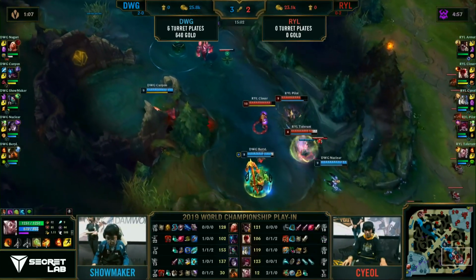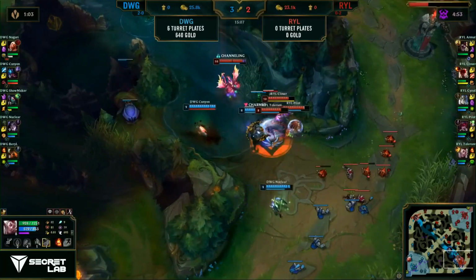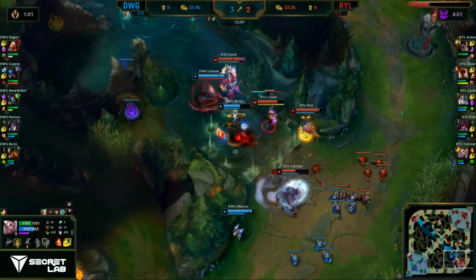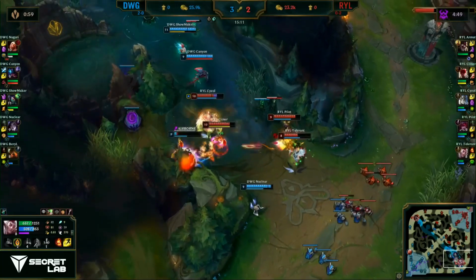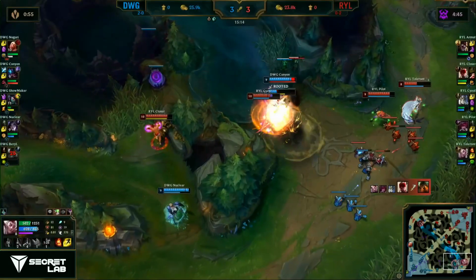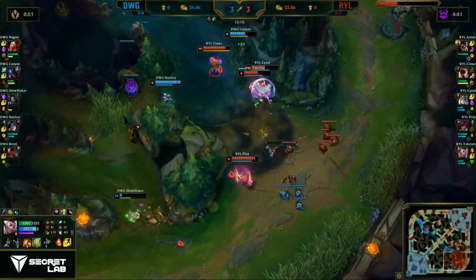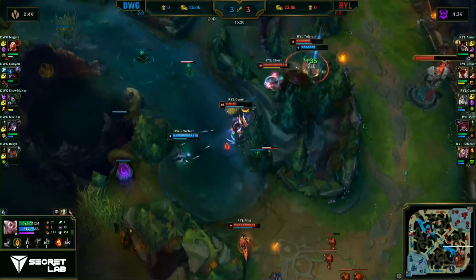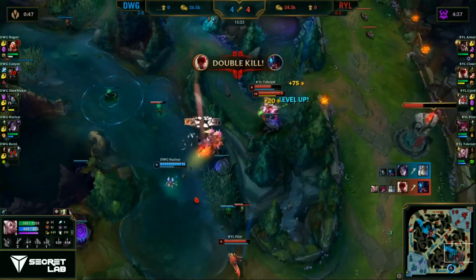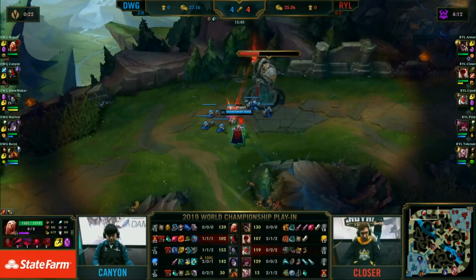Yep, we got a root coming in from Beryl here. Does have the Aftershock now available as Canyon trying to get into this fight. Featherstorm comes down, but Nuclear dodges out of the way of the Blade Caller. There's the heroic entrance, but it was cancelled, I believe, off the back end. Showmaker can't get down there, and Closer sneaks into the back line. It's a lot of damage. Executes Beryl. Showmaker is in the Shroud, but he's down so low as Pilot dives on top of him, but can't actually close the distance. A double kill for Closer there as Nuclear desperately trying to get away